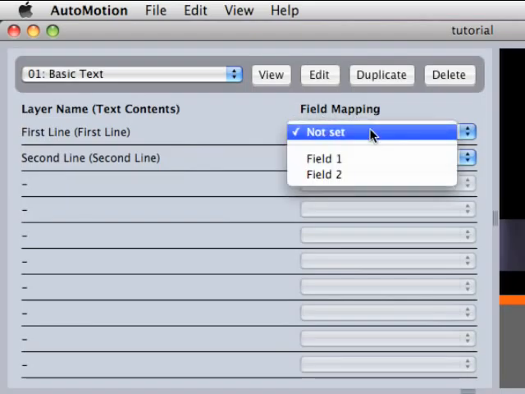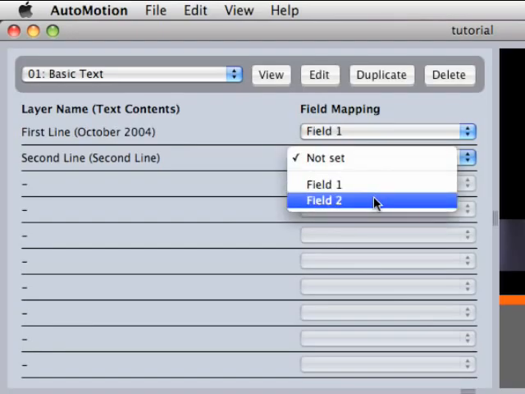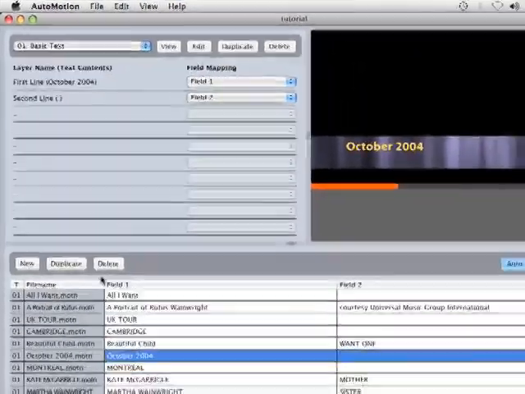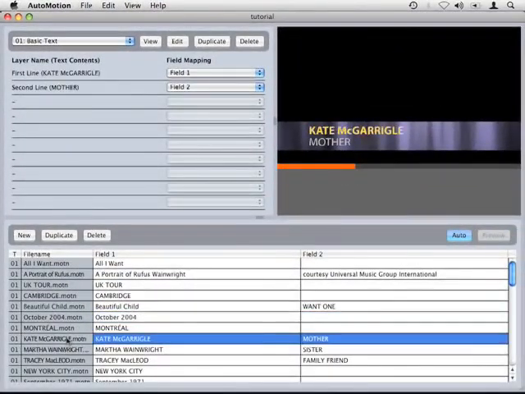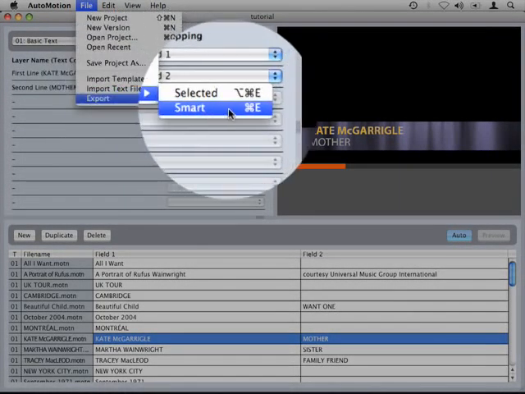So I'm going to select the first line to take its data from field 1 or column 1, and the second line of text take its data from field 2. And if I select a version that has both fields filled out, then we can see the results in the viewer. Okay, so just to mention that if I scrub through, all this animation is still preserved. The only thing that has changed is the actual text contents. So at this point I'm going to do an export. So if I go Export and choose Smart Export,